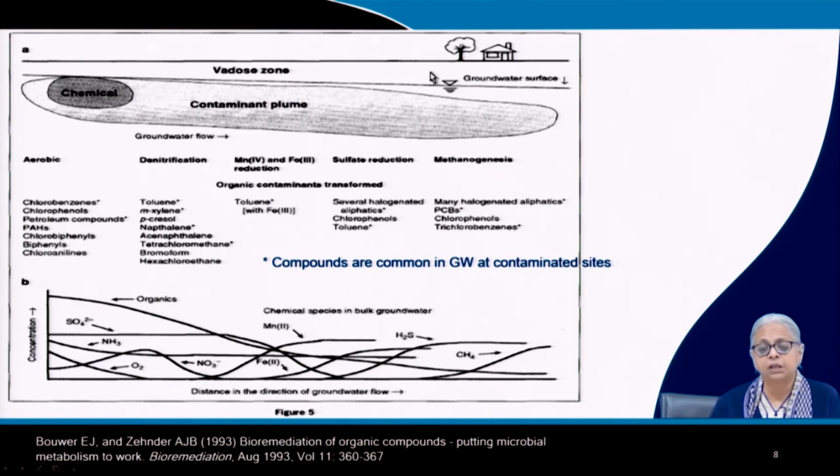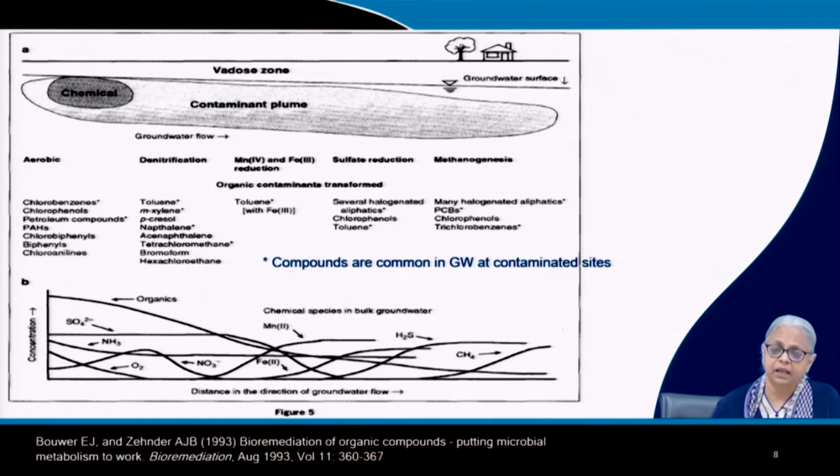So here you have the leakage of a chemical from an underground storage tank. It's leaking into the subsurface. These chemicals will flow along with the water, and you will get a contaminant plume. The subsurface is not visible to the eye, but it's not dead, it's not sterile. There are microbes that live in the subsurface. Now what are they going to do when they are exposed to these compounds, whether they are petroleum compounds, whether they are